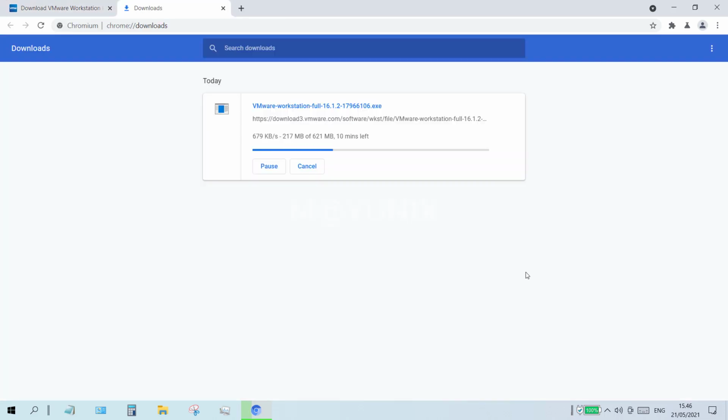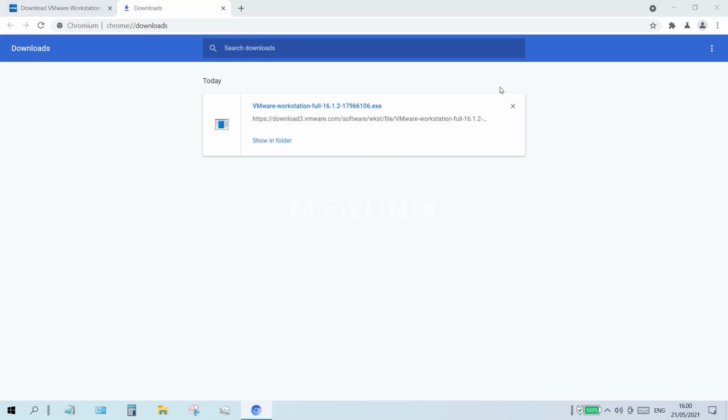Wait for the download process to complete. After the download is complete, click Show in Folder.